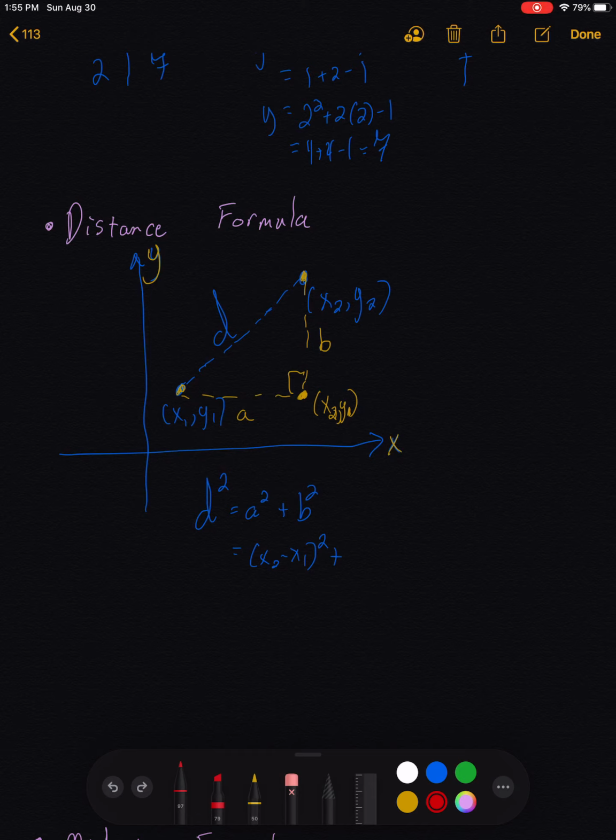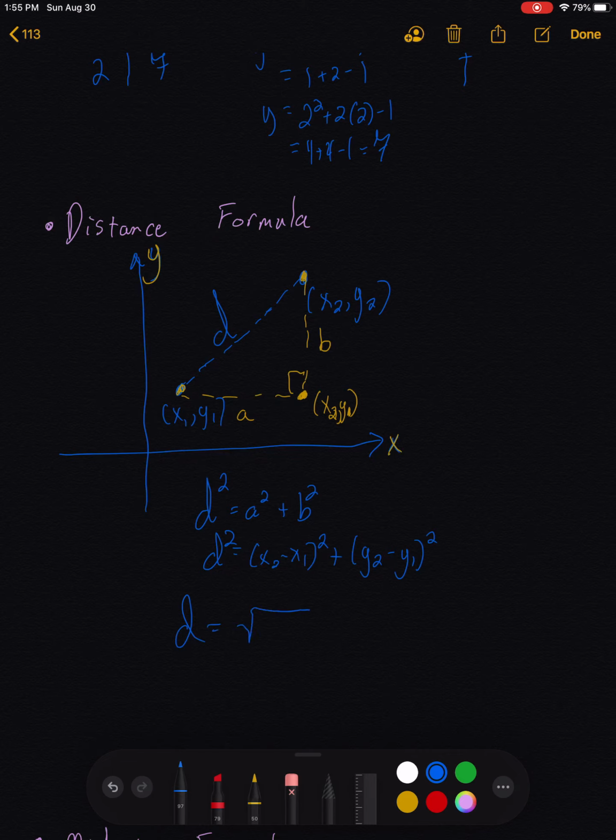We want to do that no matter what x is, so that's why we have them in there in general as x2 and x1. Now the distance b, that's going to be the same thing, just in the y direction. Since x doesn't change, that distance is just going to be whatever the difference of y2 and y1 is. So we'll call that y2 minus y1 squared. Okay, so that's our distance squared, and if I just take the square root of both sides, we get our